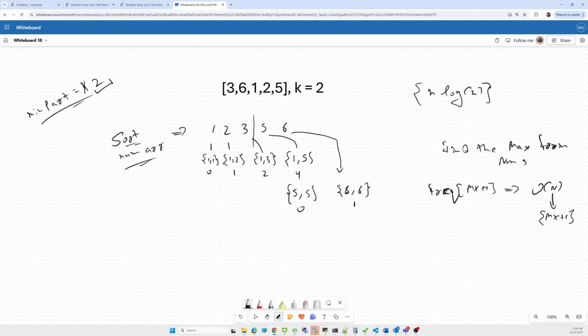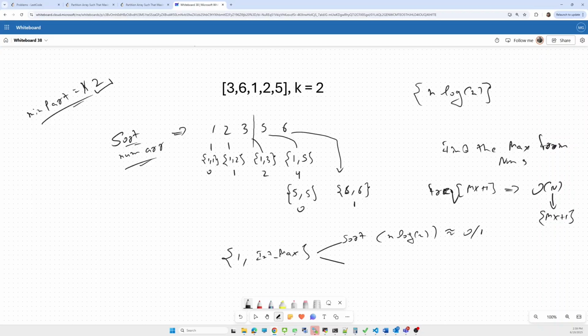Okay, so here are two different solutions. Suppose the nums array has two values, 1 and int max. In that case, if I am using sorting, the time complexity will be n log n, which is approximately equivalent to 0 or 1. But if we use the second approach, the size is max plus 1.